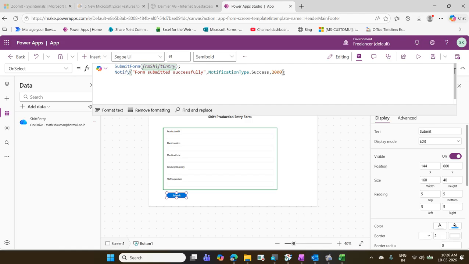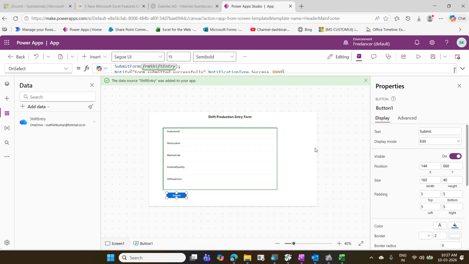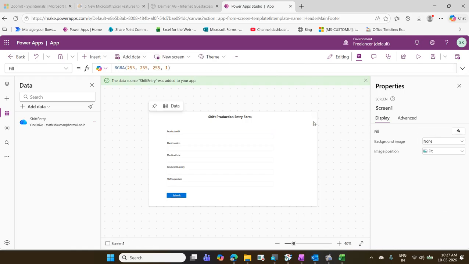Now let us run and check. I'll collapse the formula bar again. How can I accept the formula? Either press Alt enter for accepting or click somewhere else outside for accepting. Now I run the form. Yes, now let me type